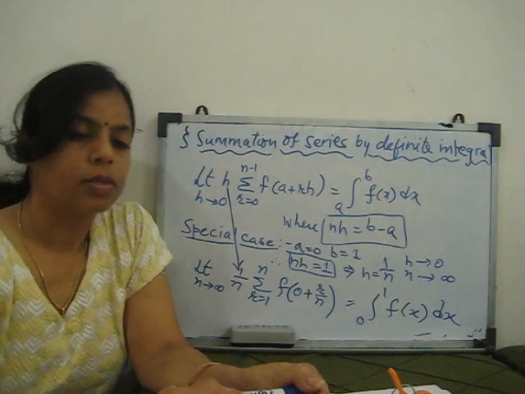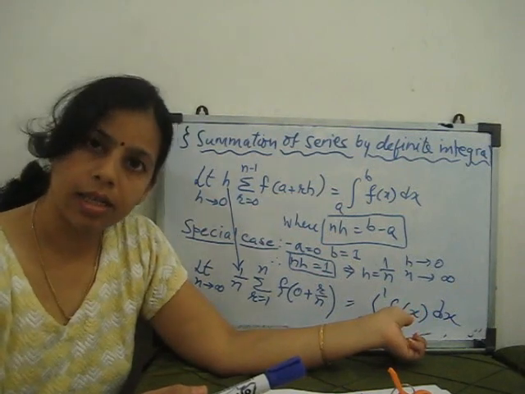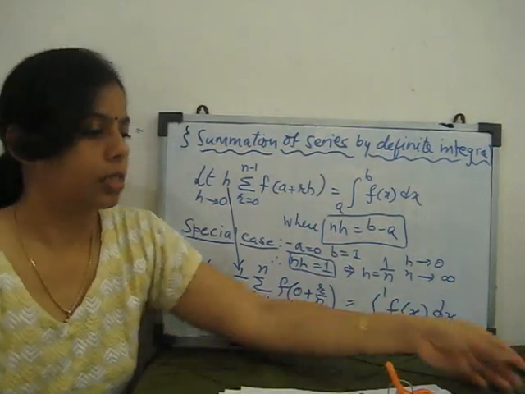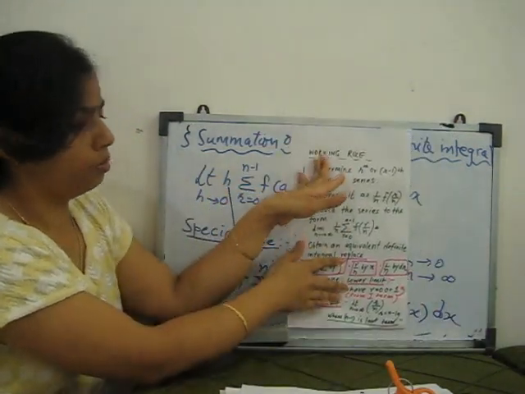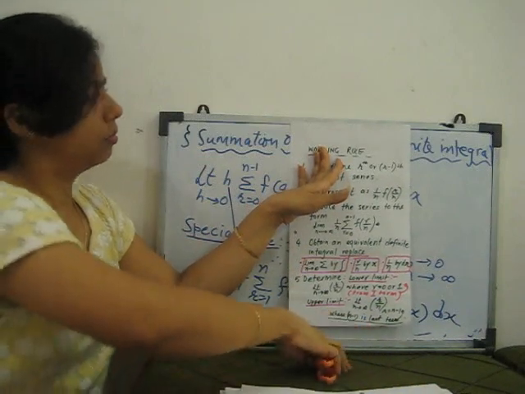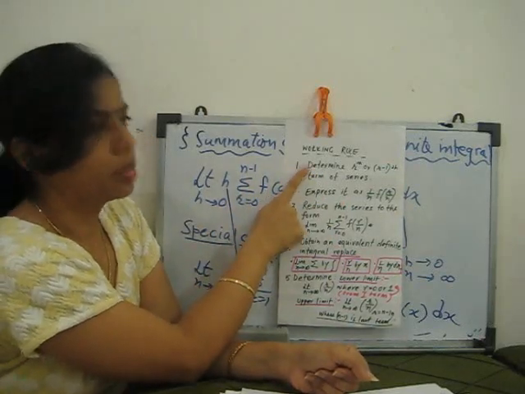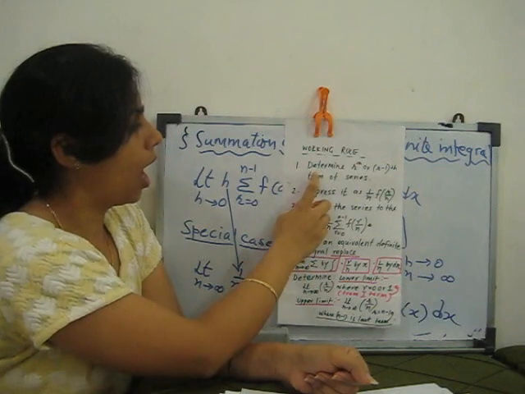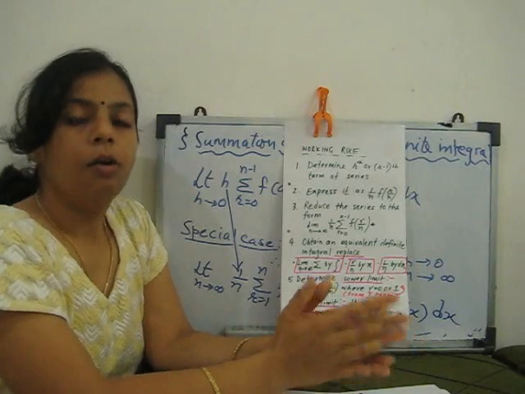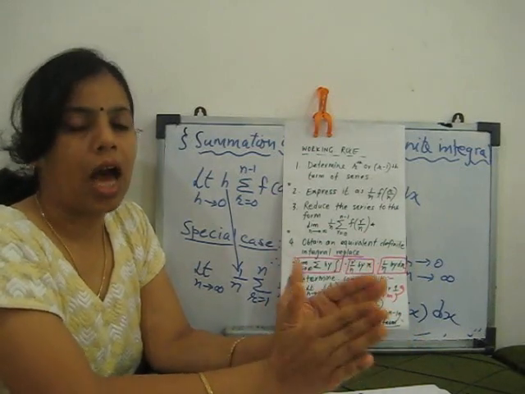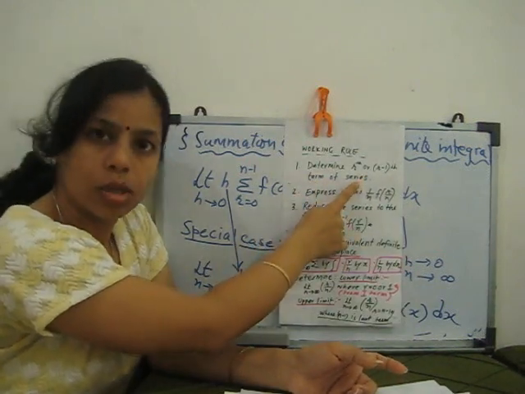Now we have to solve some series with this, meaning the series is converted into a definite integral and then we integrate it. So there is some working rule I can show you step by step. The working rule is like that. First, determine the rth or (r minus 1)th term of the series. Whatever series is given, in step 1 we have to find out the t_r or t_(r+1), meaning the general term of that series. So first we have to find out the general term.